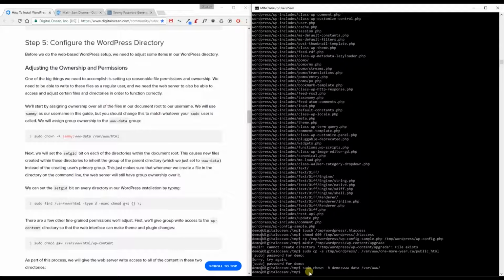What this command also did is it added demo to the www-data group, which is where you would normally add people to give access to www. So now we're going to set the GID, and what this is going to do is any future file that is added to this directory will automatically have the correct permissions. Type sudo chmod